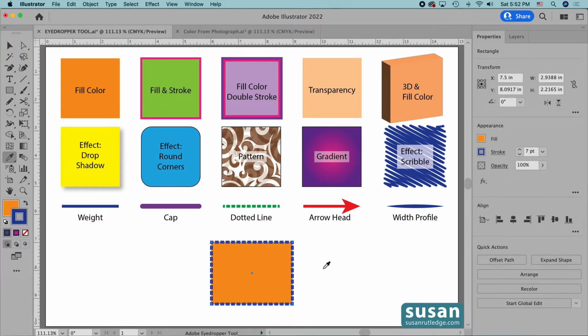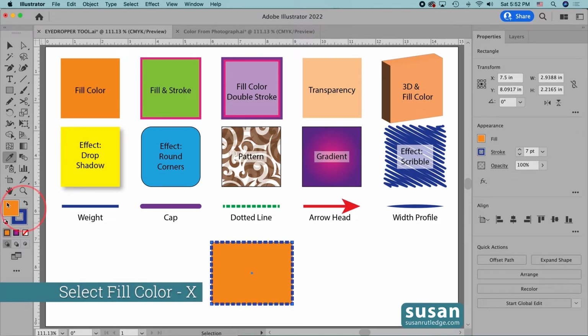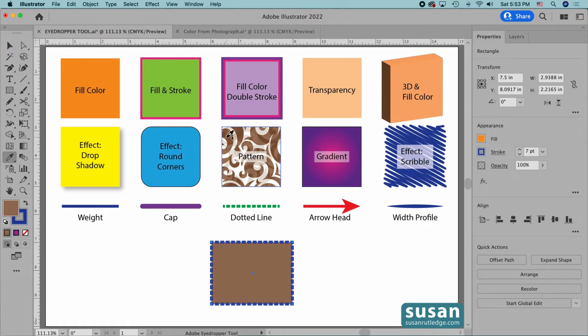Now I'm going to use the keyboard shortcut X, and that's going to move the fill color icon back on top. And this time I'm going to hold down the Shift key and come over to this pattern swatch. Now when I press down on one of these colors, Illustrator isn't going to pick up the entire pattern swatch. It's going to pick up whatever color that I click on. So you can see that there are some lighter browns, there's some darker browns, and whatever I press here, as long as I hold the Shift key down, the eyedropper tool is going to apply that fill color to my